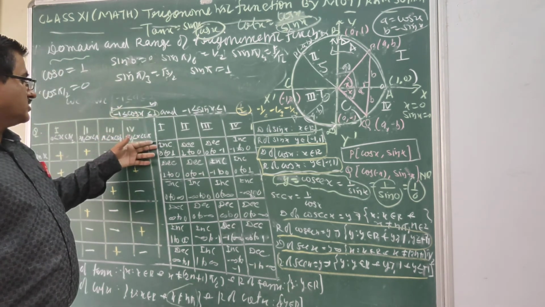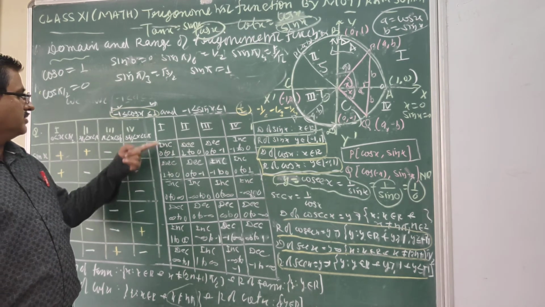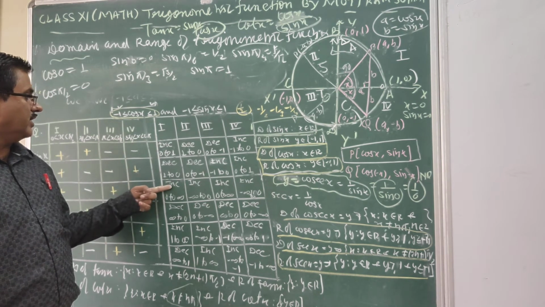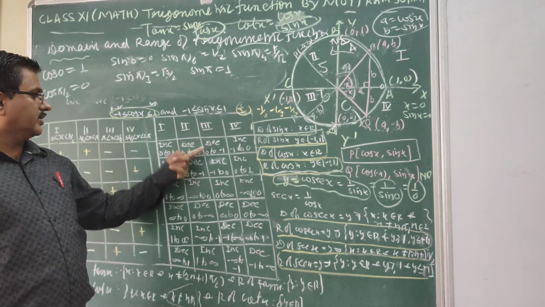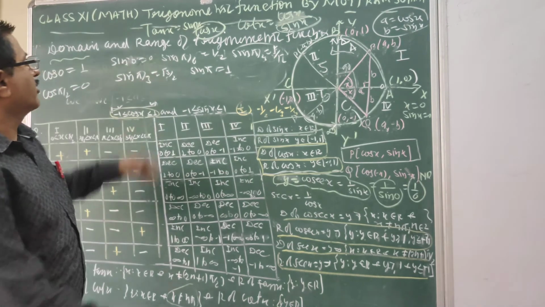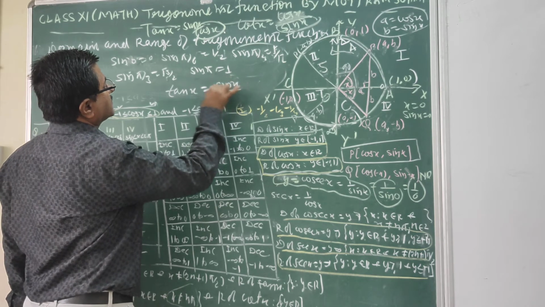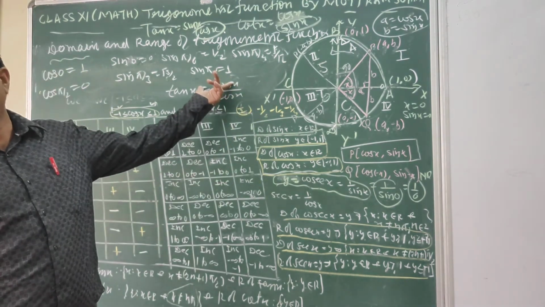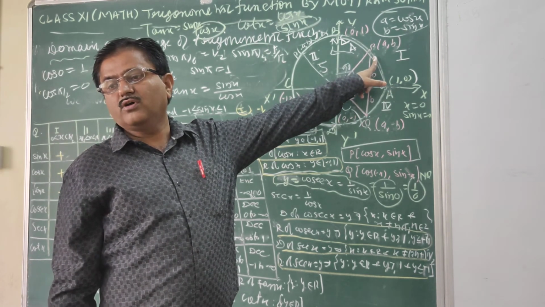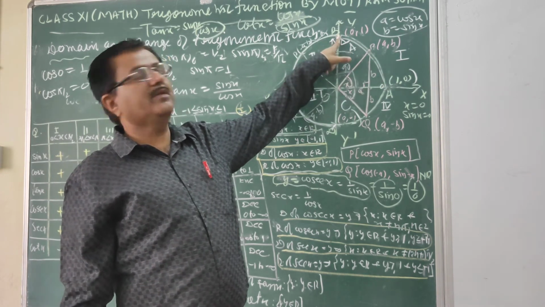Clear? So you can find tan x by dividing these two. Or if this is decreasing and this is increasing, you can find whether tan x is increasing or decreasing. You can use the formula sin by cos to find the value of tan x. The rest you can do easily if you know the values of sin x and cos x. And you know the simple table from 10th class: tan 0 is 0, tan 45 or pi by 4 is 1, and then at pi by 2 it is infinity.